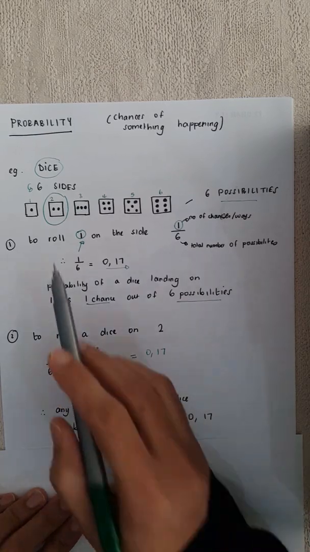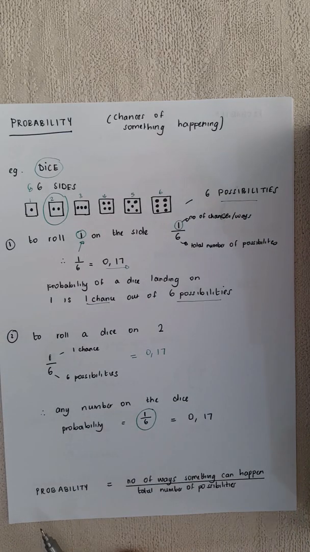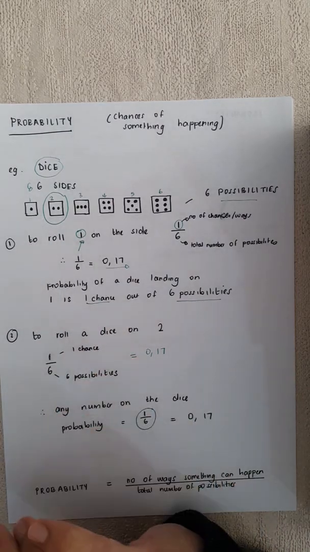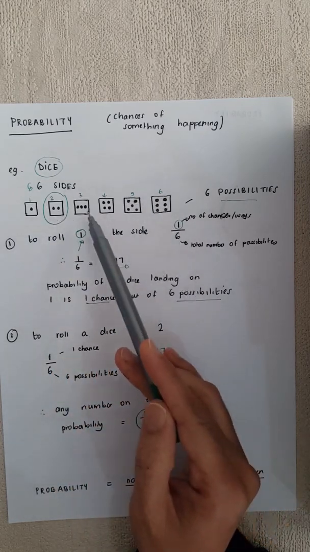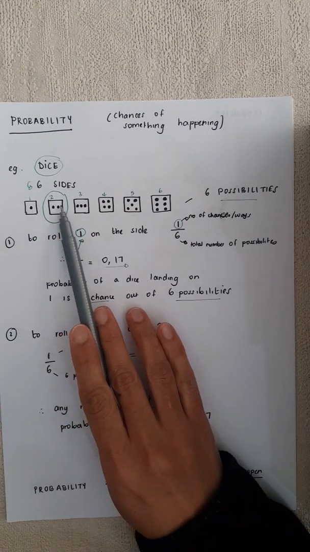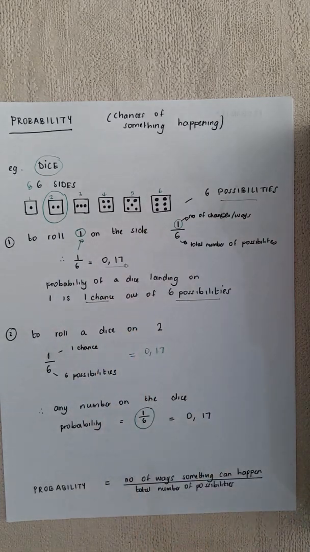I've got 1 chance out of 6 possibilities. In your textbook you'll see how they write down how you calculate the probability. On the top part we write the number of ways something can happen. Using the dice as an example, how many times can I throw a 1? Only 1. Or a 2, only 1, or a 3, only 1. That's the number of ways I can throw the dice on that particular number, divided by the total number of possibilities. So we're dividing it by 1, 2, 3, 4, 5, 6. My total possibilities on a dice is 6. Okay, let's look at